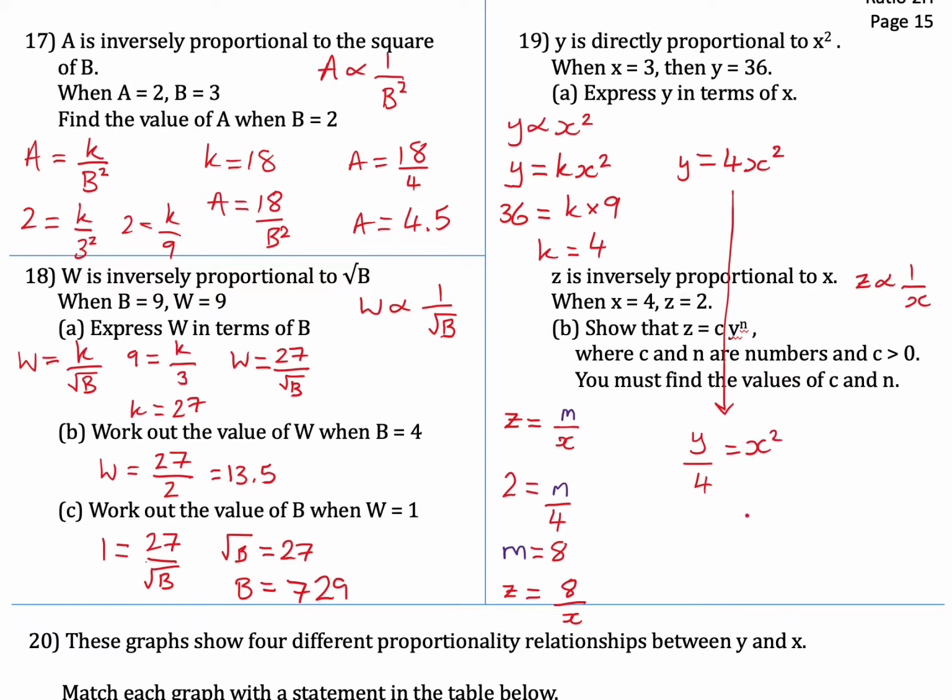And then I need to square root both sides of that to get x. So x, and that will give me the square root of y over 2, because when you square root a fraction, you can square root the top and square root the bottom separately. And then I'm going to substitute this in place of this x here. So that will give me z equals,